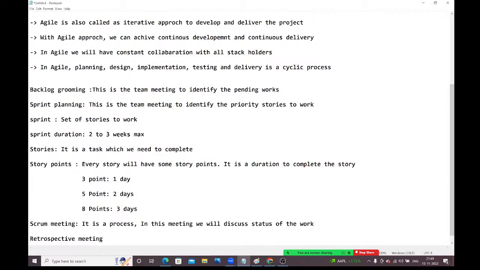See, guys, on my name, 3 stories are assigned. On which story am I currently working? What is the status of that story? In how many hours can I complete that story? Once that story is completed, what is the next story I am going to work on? That kind of discussion we need to do in these Scrum meetings, right? Scrum meetings, work status.